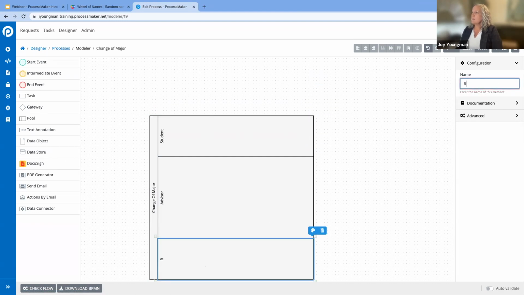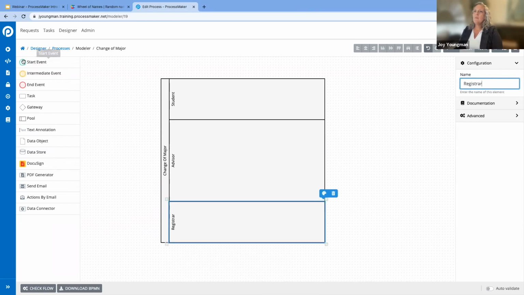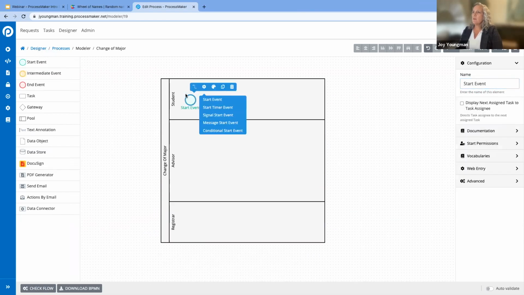And this one is going to be registrar. And then I'm going to draw my start event on here. And my start event here, this is kind of nice. So the difference between drawing this process and